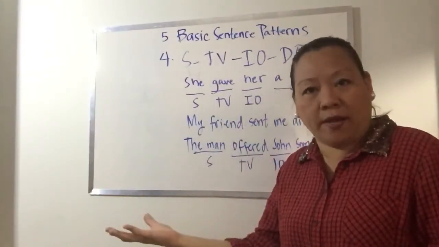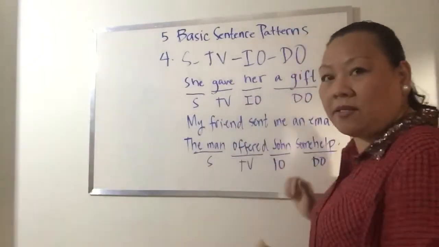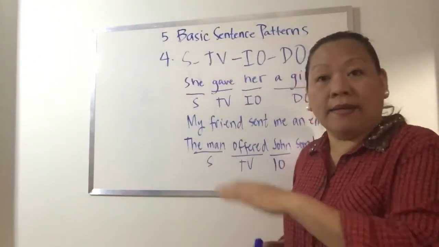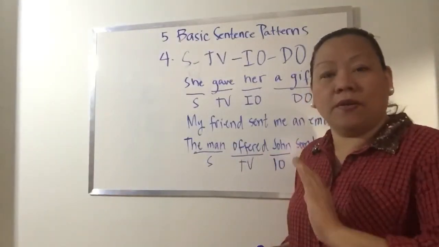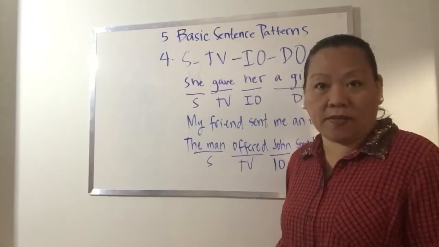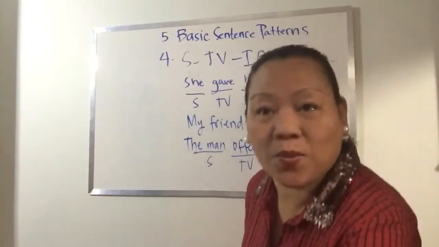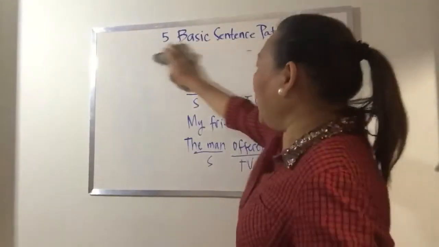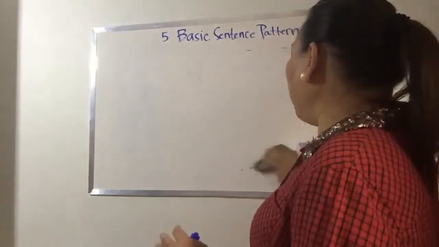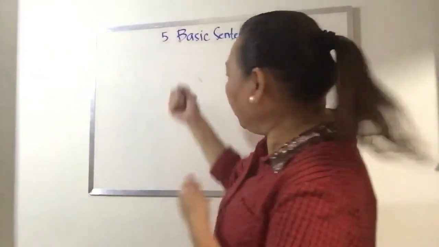on her birthday. Okay, so you can expand this basic sentence pattern by adding modifiers or adverbs or prepositional phrases to give more meaning to your sentences. Okay, so the last one, guys. So we're able to complete the 5 basic sentence patterns. So number 5, which is the last one,